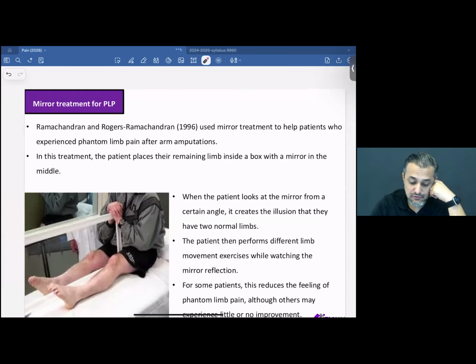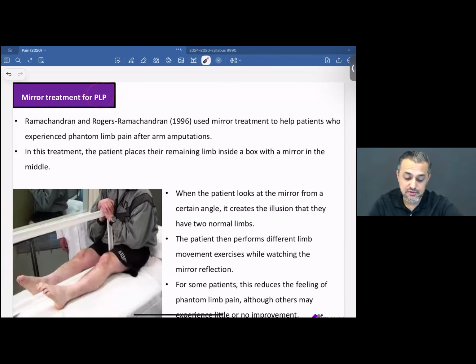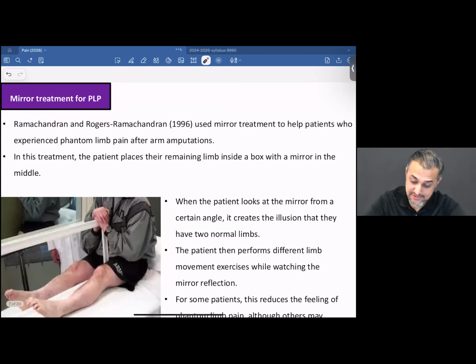Mirror treatment for phantom limb pain. Ramachandran and Rogers Ramachandran in 1996 used mirror treatment to help patients who experienced phantom limb pain after an arm amputation. This is an image from Google that shows a leg, but nonetheless, it's the same logic, same process, same success rate. And ahead, we have an example study by MacLachlan, and